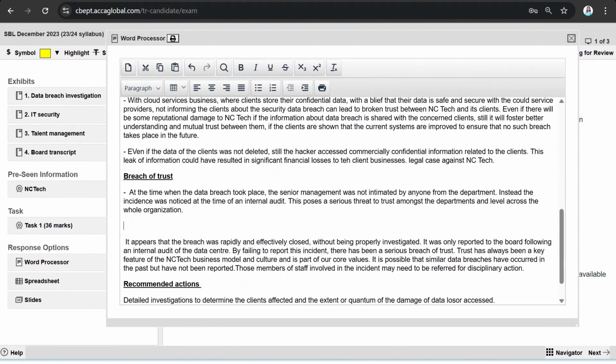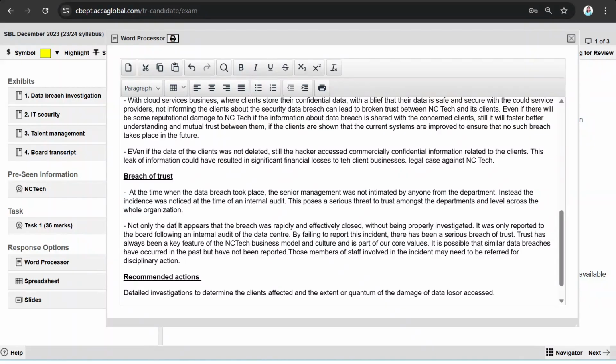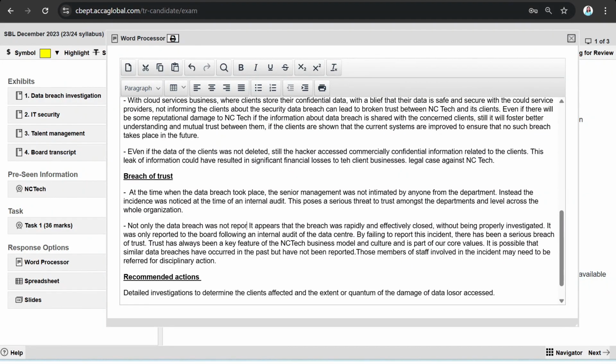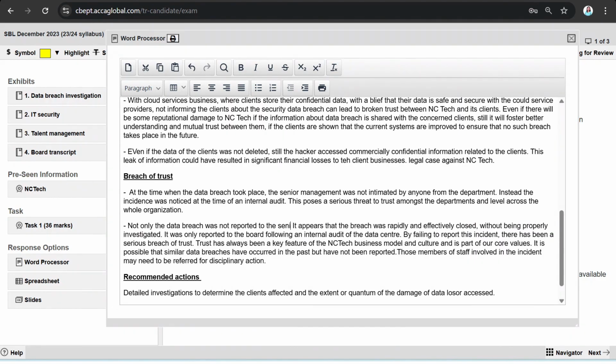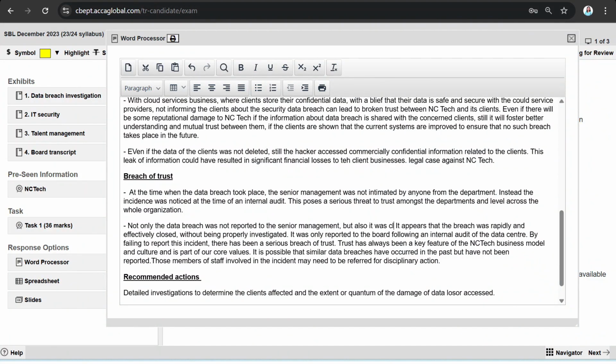Here, what is happening now? How do we write it? Not only was this information not escalated to the senior management, but it was closed without investigation also. That is another thing which you need to highlight in the memo. Not only was the data breach not reported to the senior management, but also it was closed